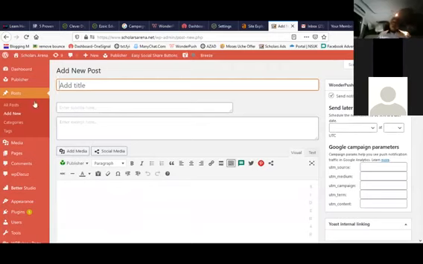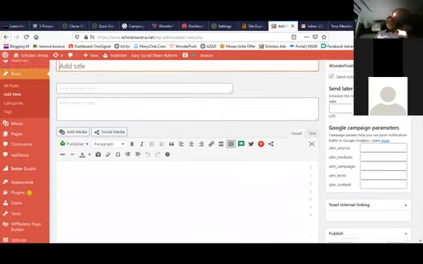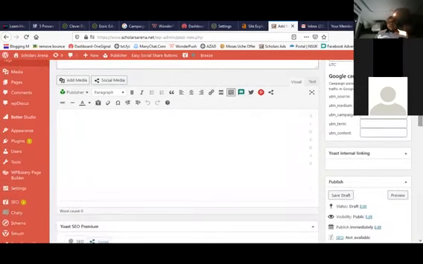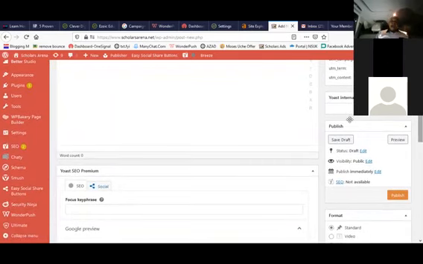So when you come to your admin dashboard, you click on post, then you click on add new post. All right. So you add the title of the post, whatever it is. After adding the title, you add the body of the post.